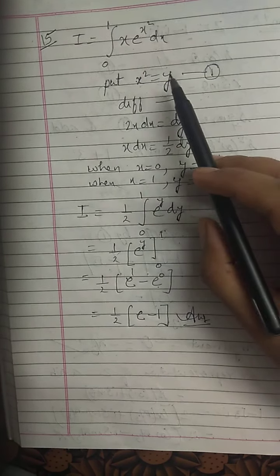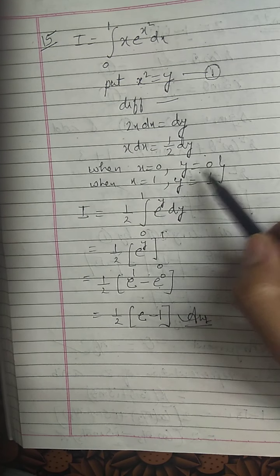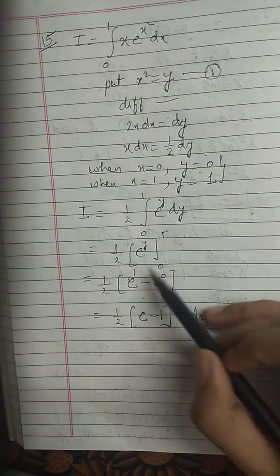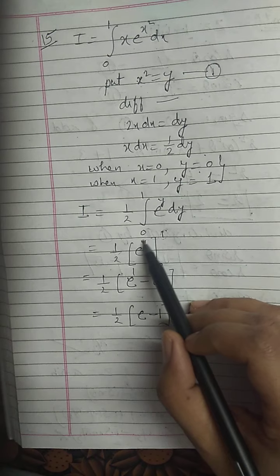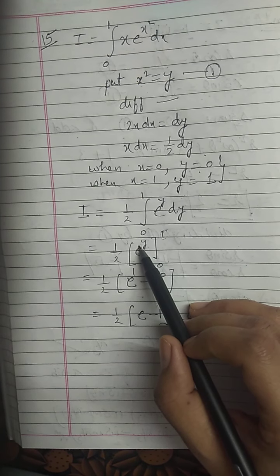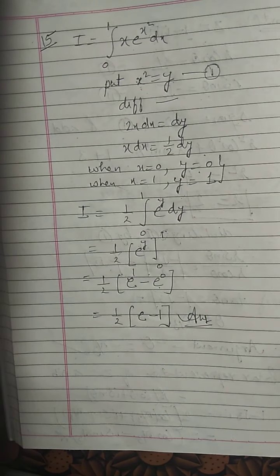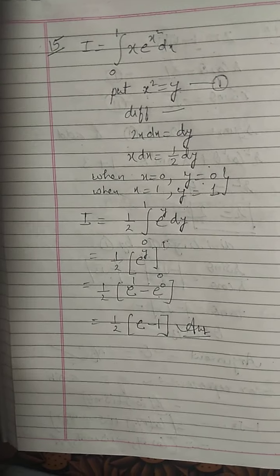We are changing the variable of integration, and then correspondingly limits also changing. By chance, if you don't change the limit, whatever integration is coming, before the application of limit, we will put back the value of this y in the original variable, and then you can apply the limit. That method also we can apply. So this was sum number 15.